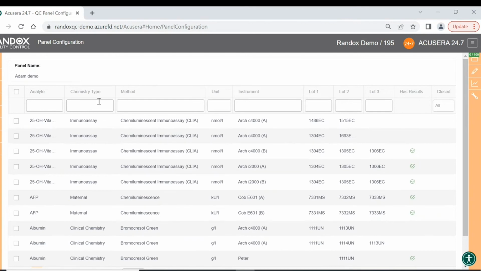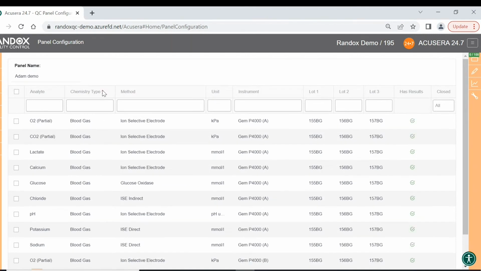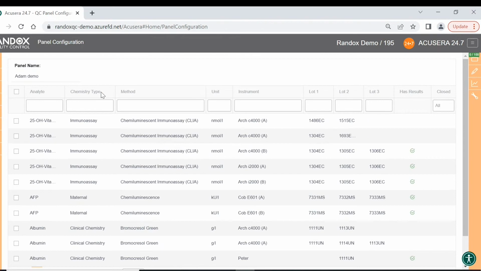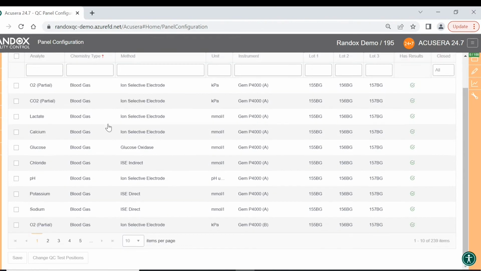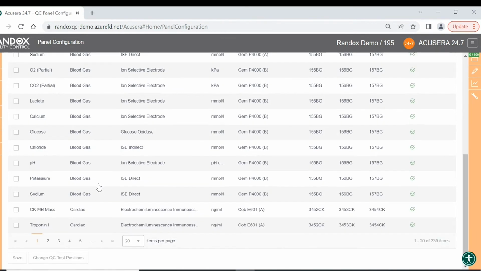So if they would like to do it by chemistry type, they can click at the top on the headers and it will sort all of the data by ascending. If you click again, by descending, click again, and it will reset the sorting function. So if we had a customer that wanted to have all of their blood gas analytes, or sorry, chemistry types included in their panel,